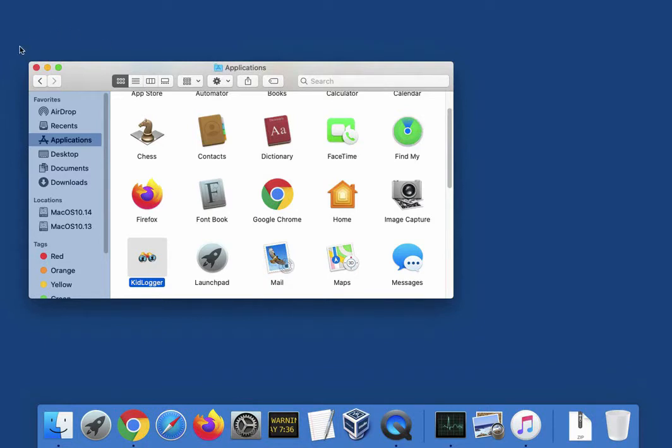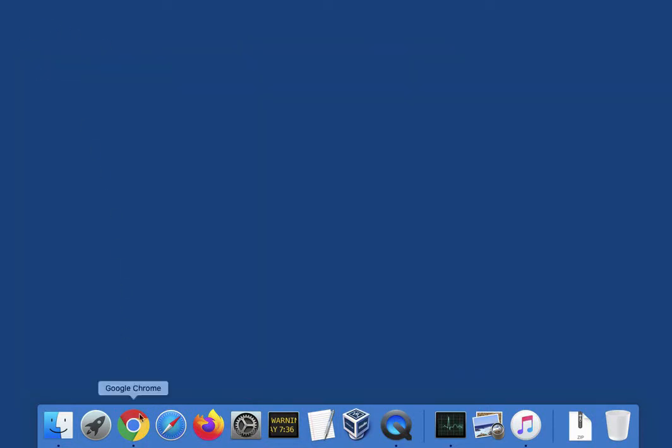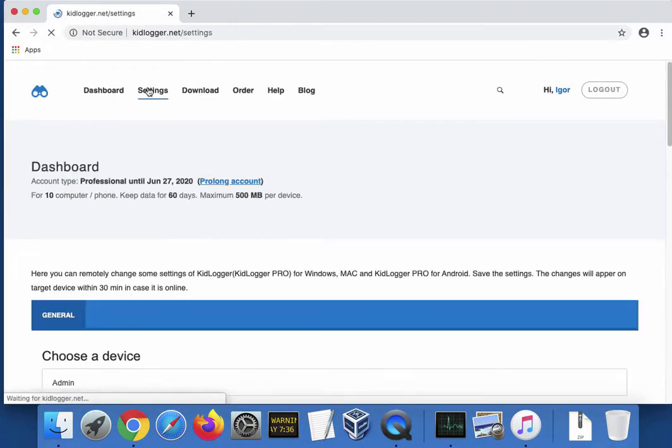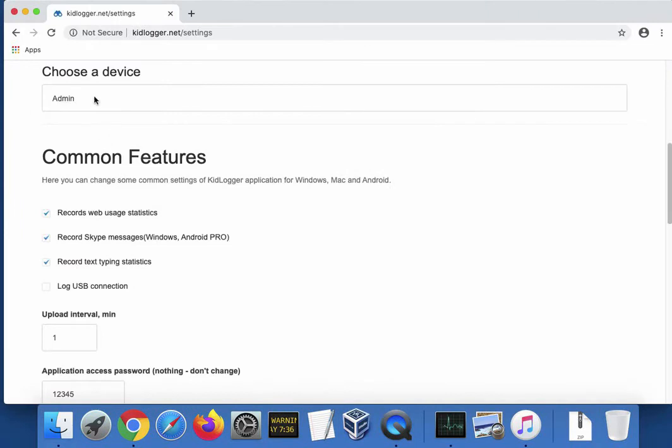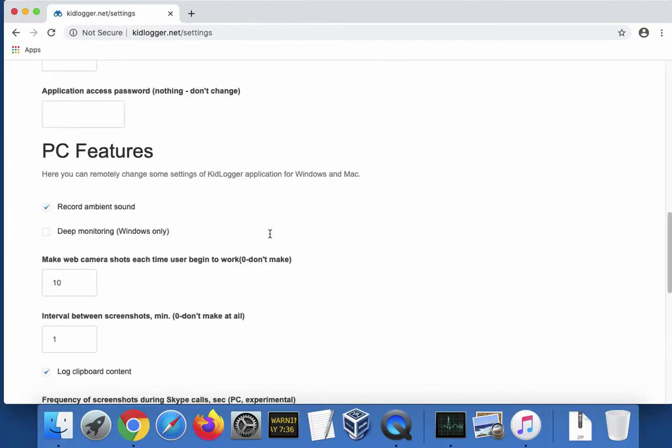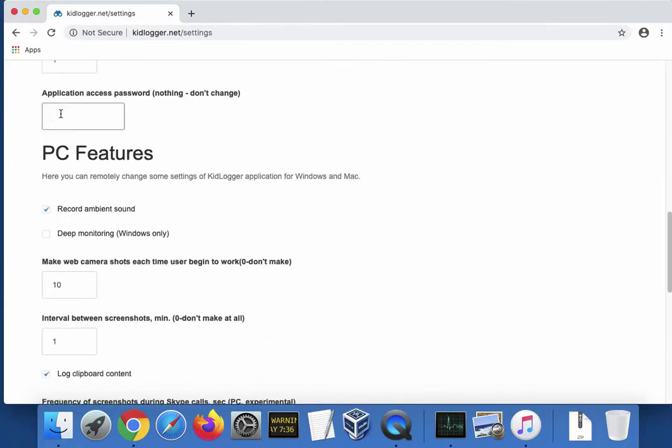We need to open the settings page on the server, choose our device, and write a password into this field.